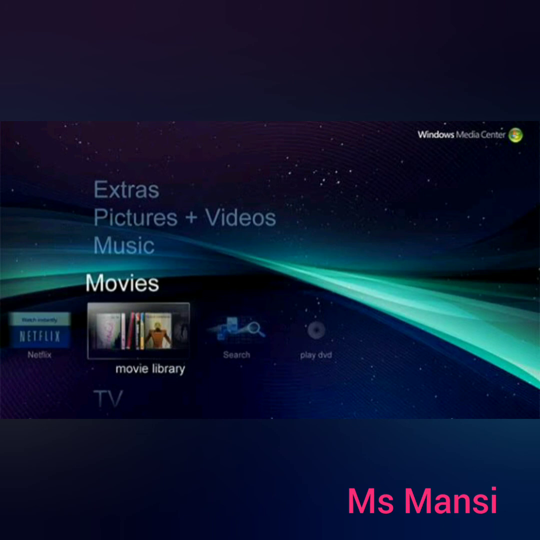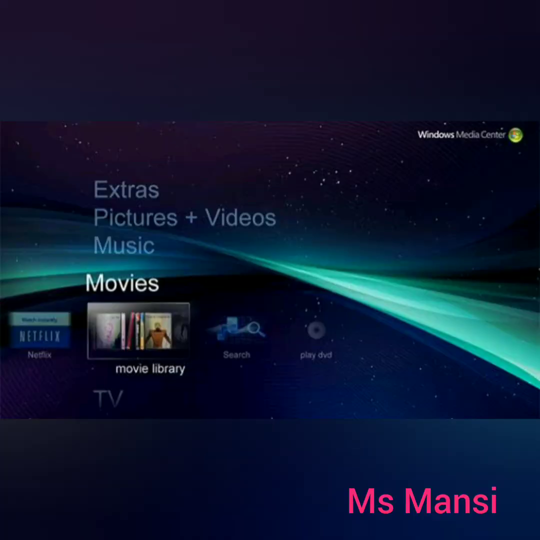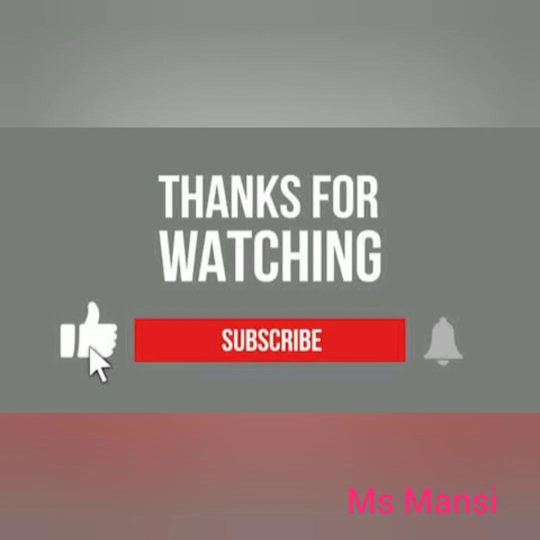You know, with a cable connection, you can also watch and record TV shows here. You can watch TV, movies and other video content on your computer. Okay, this is the Windows Media Center. You can discover new movies on your TV and on the go, easier in one place. This is all about Windows Media Center.